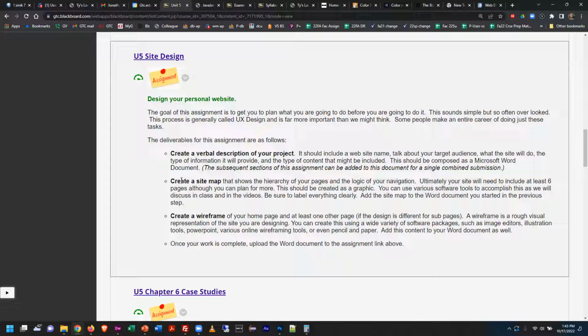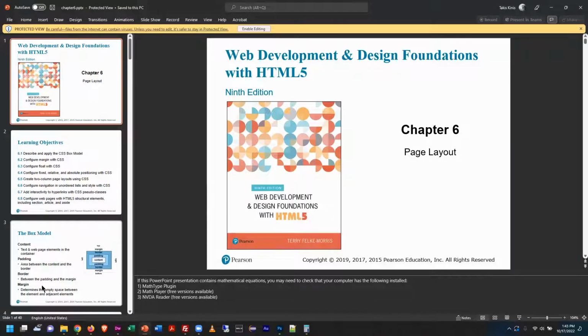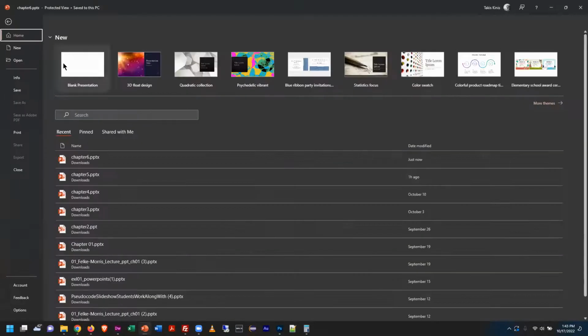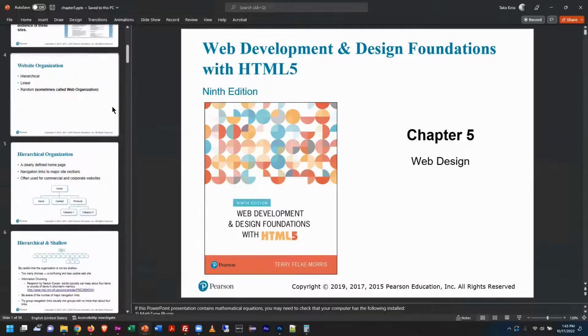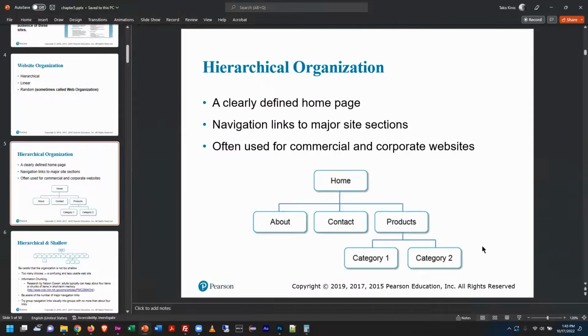Next, we want to create a sitemap. Okay, so a sitemap looks like what? And maybe I should have left that previous slideshow open. So I'm going to go back to the Chapter 5 thing. And folks, this is a sitemap,